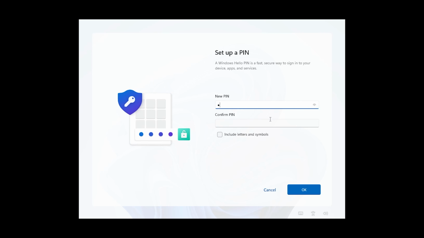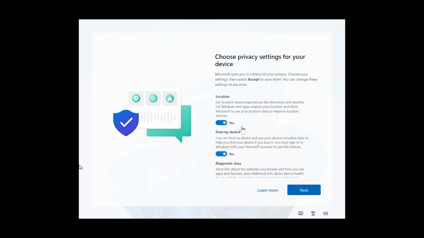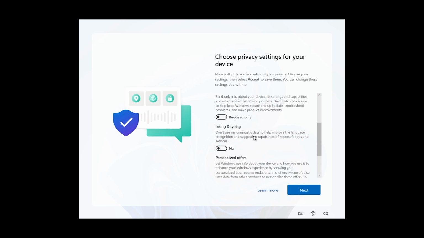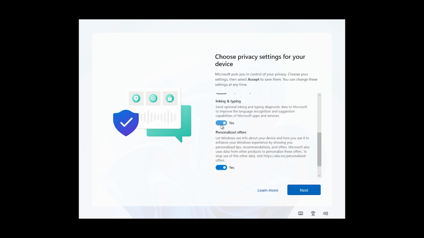Now here I am going to set up my PIN, which is considered safer when compared to a password. If you want to include letters and symbols in your PIN, you can enable this option. Now let's click here on OK. Now here, if you do not want to share your privacy, you can turn all these settings off. It is totally up to you. Now I'm gonna click here on accept,